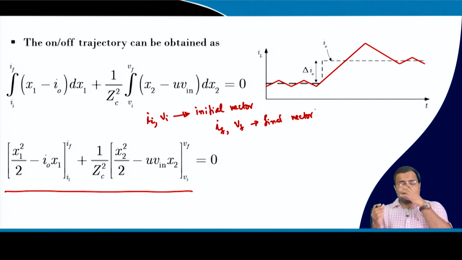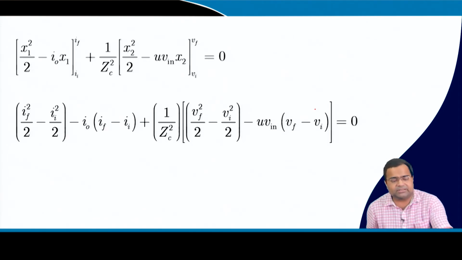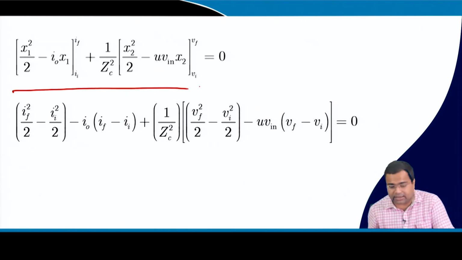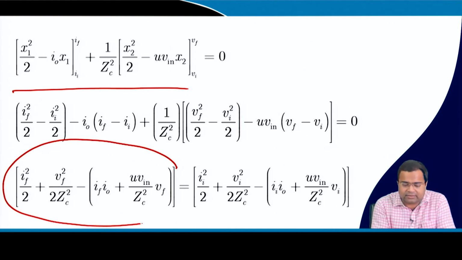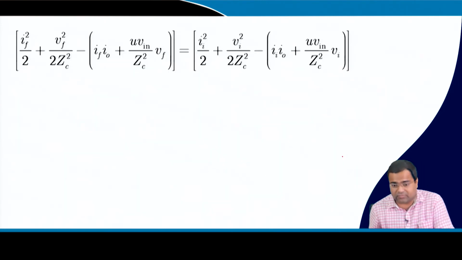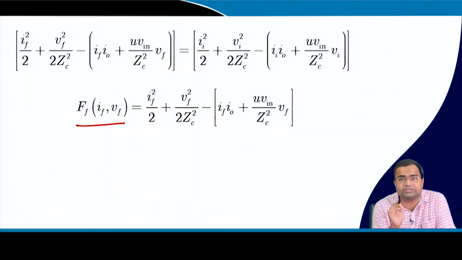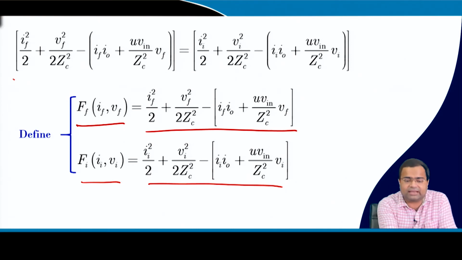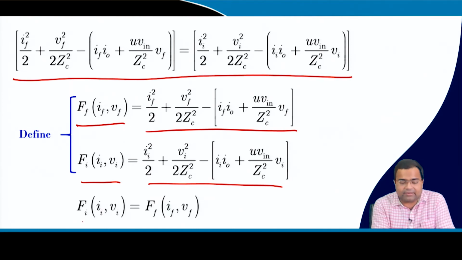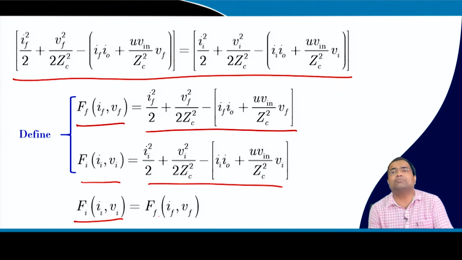So, you can choose initial and final depending upon whether you are considering on state or off state, right. So, you can accordingly select this trajectory. That means if you solve this by putting the definite integral, so this is the equation, and if you rearrange, I am taking all the final quantity on the left side and the initial quantity on the right side, and I am denoting that as a function of the final quantity and this function of the initial quantity. So, this I am defining, and you see from here you are getting initial quantity is equal to final quantity.